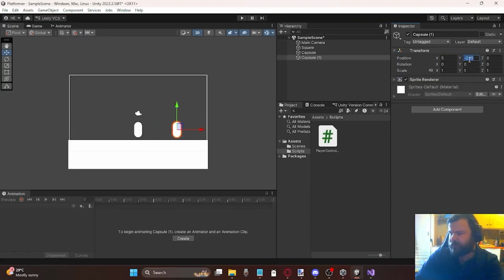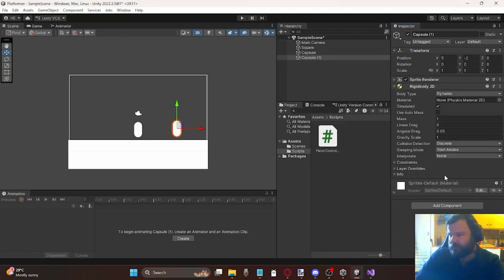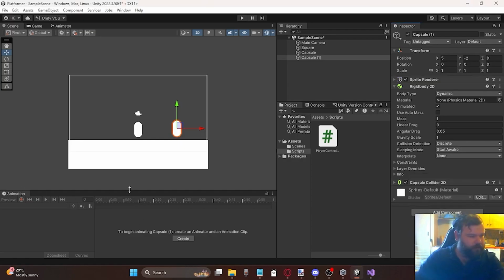Set them at 5, generic -2. Physics is going to take over anyway, so rigid body 2D and a capsule collider 2D. Very advanced, not as advanced as me, though. Of course,